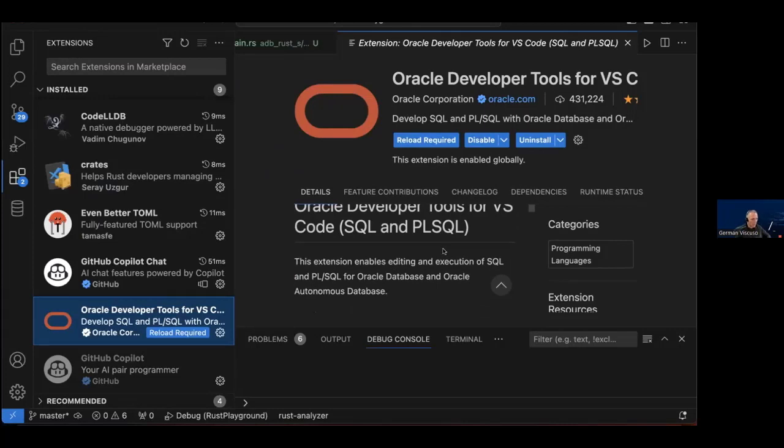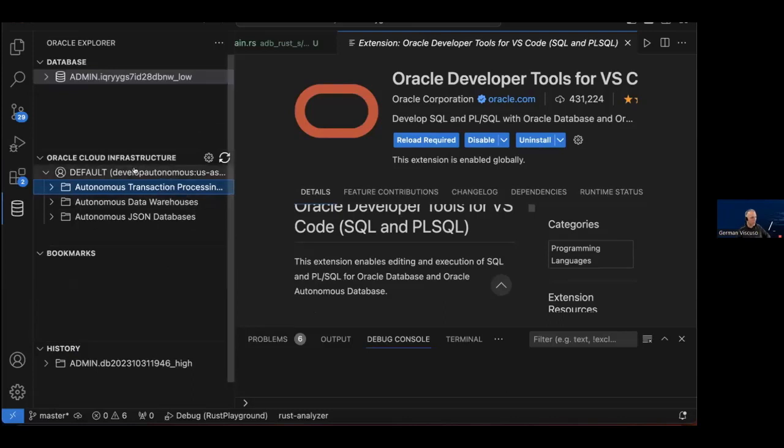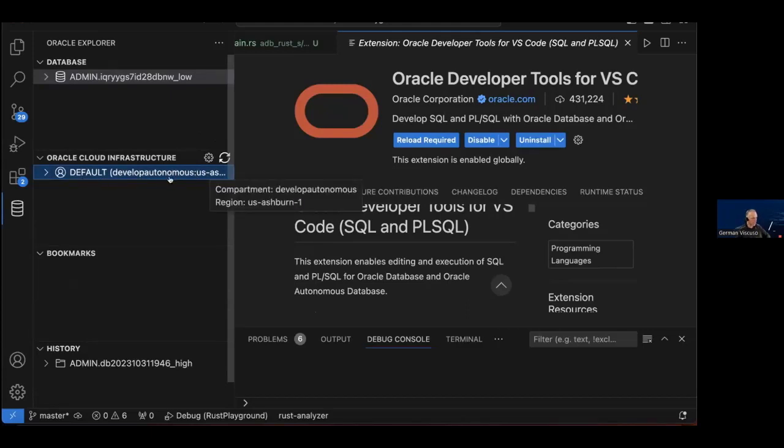And when you enable it, it will read the OCI CLI config, and it will show you a new icon here at the bottom, which is a cylinder that looks like a database. And we'll show you this, right? So you will see this Oracle Cloud Infrastructure and your tenancy, which is taken from the config file in the